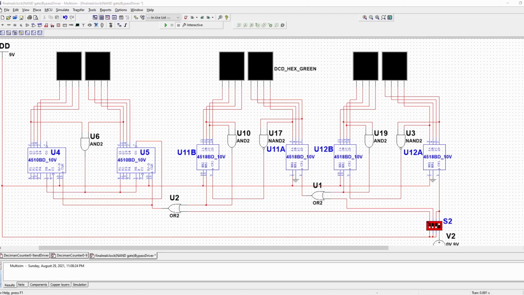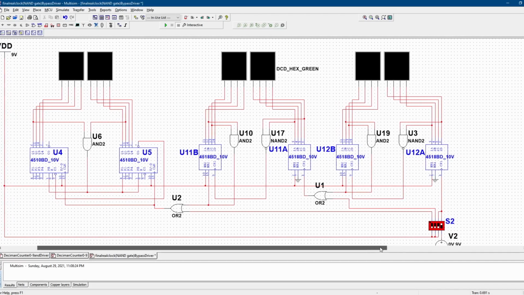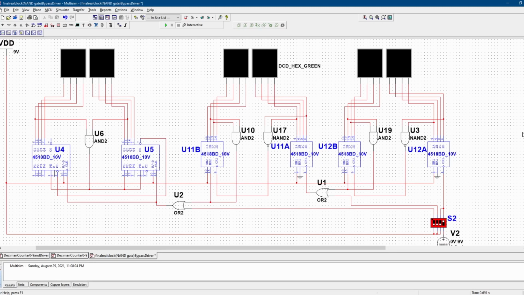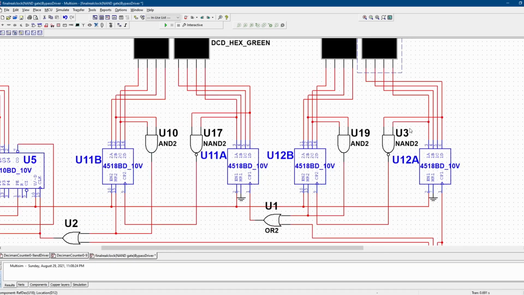Okay, so this is what the digital clock now looks like. This is the full working digital clock, and in fact, this is an adjustable digital clock as well. So here we have the first counter. The drivers are within the displays, like I said, we're using the built-in one. And so these are simply counters. We need to make sure that they reset when this number reaches 9. So if you look here, it's going to reach 9 here, and then these two outputs will be triggered high. That'll cause the clock to go low, and then that'll trigger